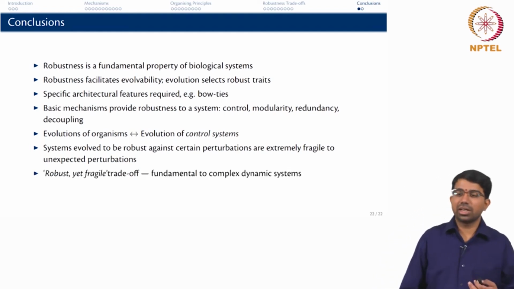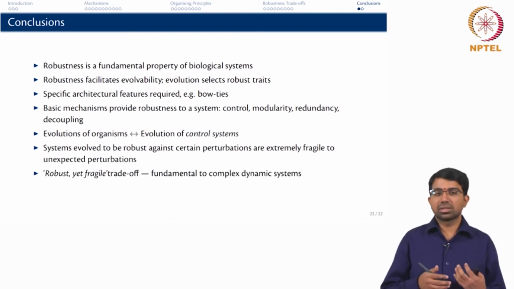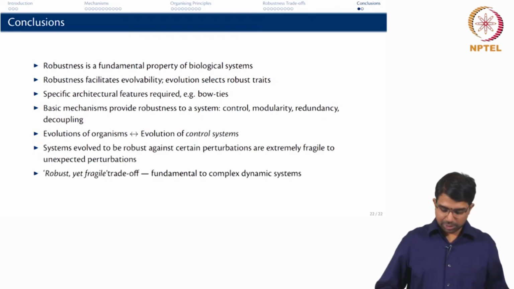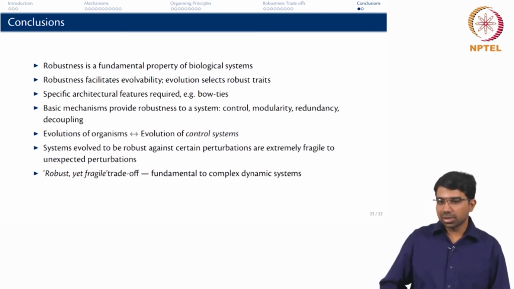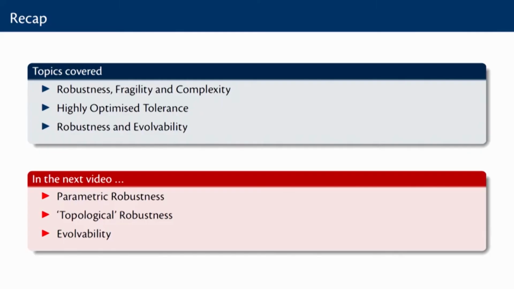right. And this sort of trade off of robust yet fragile is seemingly fundamental to most complex systems and particularly also to biological systems. In today's lecture, we looked at the concepts of robustness, fragility and complexity and how they are all interrelated, and complexity is one key factor underlying biological systems, and how robust they are and how fragile they are depends upon a lot of interesting factors. And we also looked at this concept of highly optimized tolerance and how power laws are rampant in biological systems,